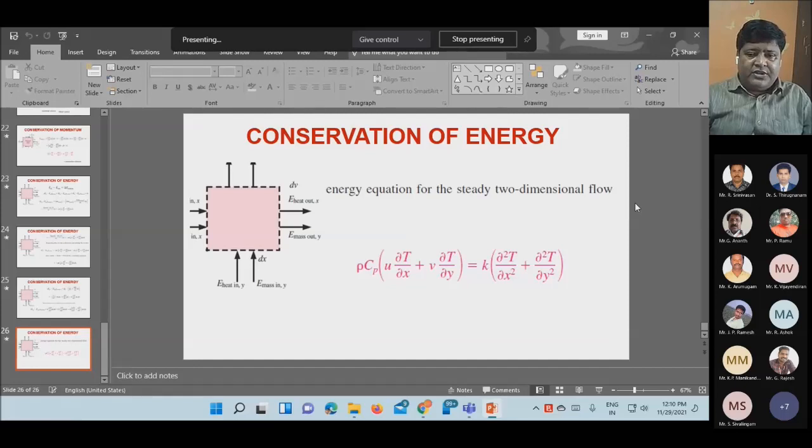You have many softwares. Those faculty who are really interested, especially those in heat transfer or handling heat transfer, maybe you can concentrate on CFD also, because a lot of real-time problems which cannot be solved by analytical methods can be solved by numerical methods. With a good insight on CFD with the software approach, we can solve real-time problems, and that will help a lot in research activities also.